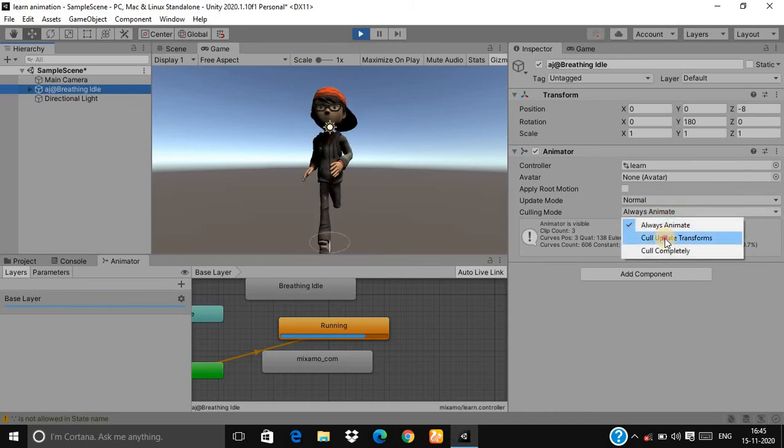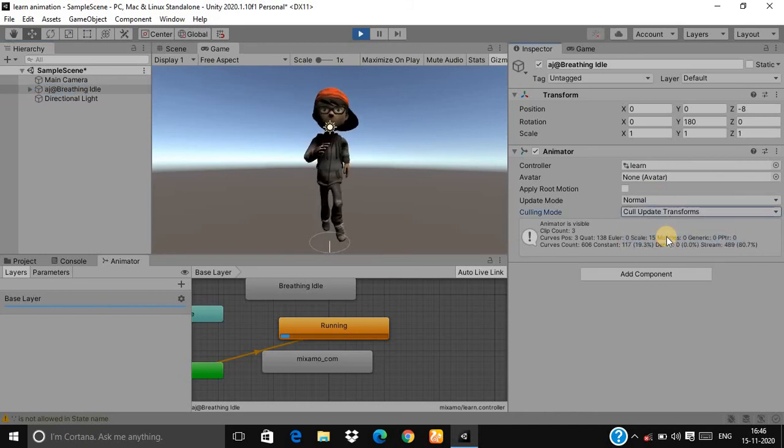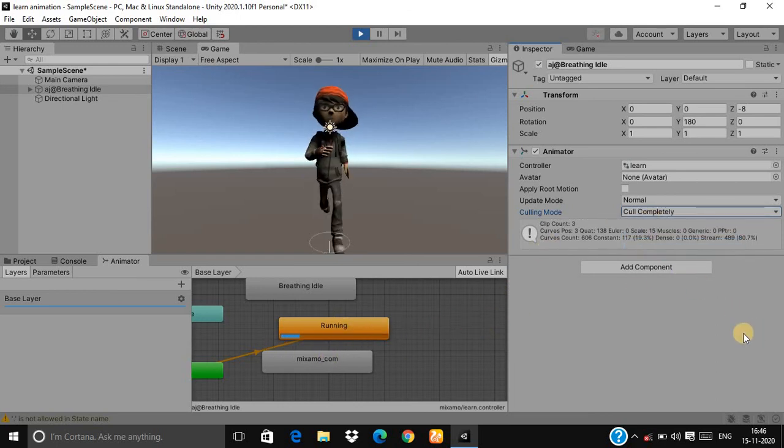And second option is cull update transforms. This means rendering only happens where camera is present. So it does not render our character, but motions are always running. Like the running animation will always run. And third one is cull completely.